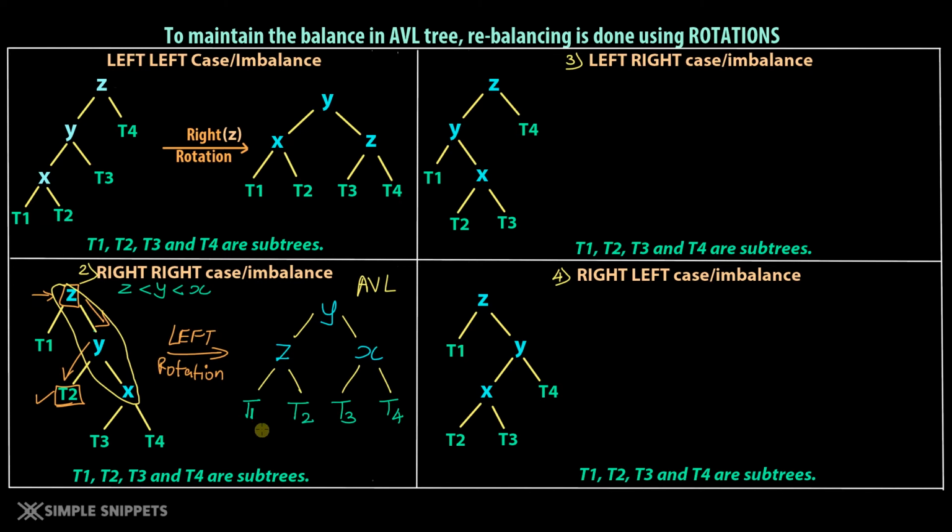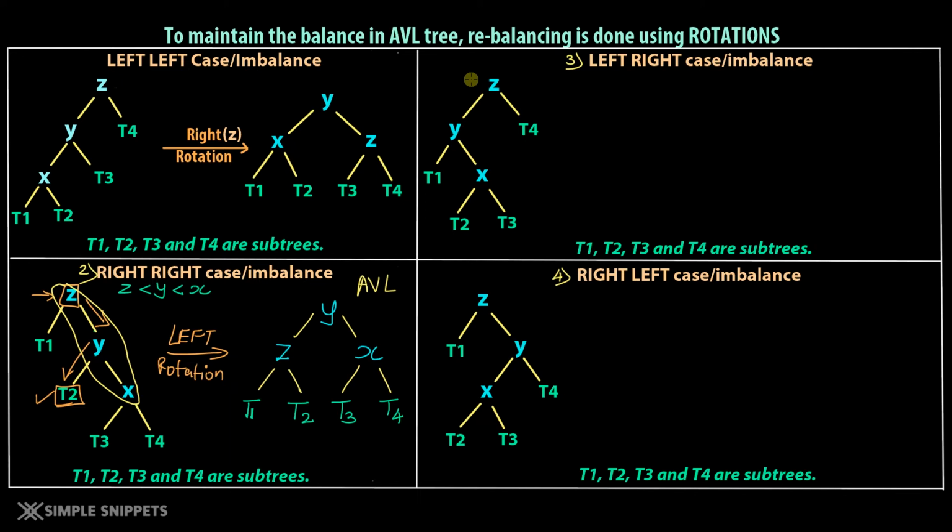Of course, as I mentioned, we are assuming that T1, T2, T3 have nodes in such a way that they are also balanced over here. But they can have n number of nodes and you might require more rotations further. But right now the assumption is that we've done the proper balancing. So this is just an example to understand what happens when there are more nodes and how the balancing will work, how these 4 use cases will apply to a binary search tree which has more than 3 nodes. Alright, so now let's see the left-right use case, left-right imbalance, which is a little complicated because remember